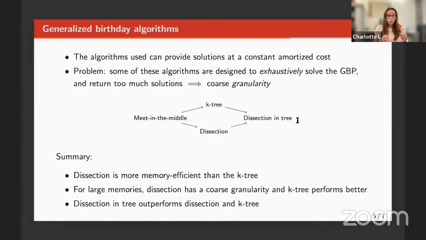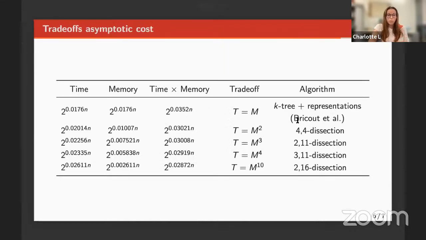So all of these algorithms provided us a near continuous time-memory trade-off curve, and this table summarizes some of its points, unless the first line, which is from Bricout et al.'s work. On this table, we included the product time times memory, which can be useful to compare the different trade-offs, and we can see that it decreases along with the memory consumption. For our instances, these are all dissection in tree, and the first number is the number of levels used in the tree, and the second one is the dissection used. We can see that when the memory consumption decreases, the granularity of the dissection becomes less of a problem, and we can consider larger dissections.